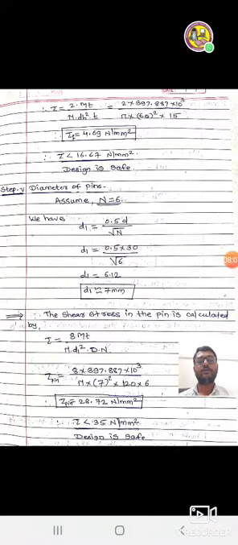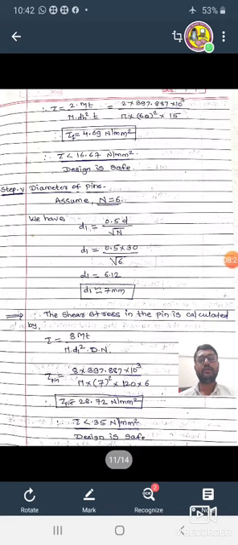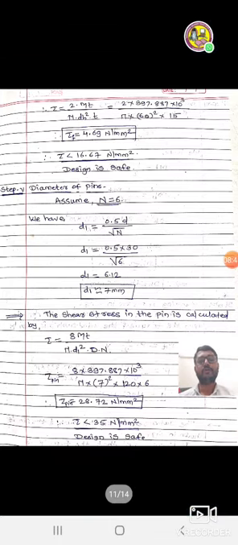Then calculate the permissible shear stress. The shear stress in the pin is calculated by tau equal to 8 mt upon pi d1 square capital D into n, means shear stress in pin equal to 8 into 397.887 into 10 raised to 3 upon pi. Put value of d1, d, capital D and n. Finally we get shear stress in pin, tau pin, equal to 28.72 Newton per mm square, and permissible shear stress is 35, means our design is safe because shear stress in pin is less than permissible.